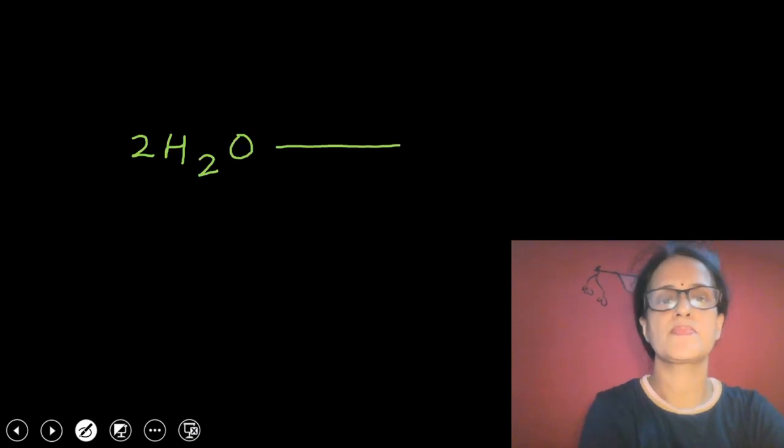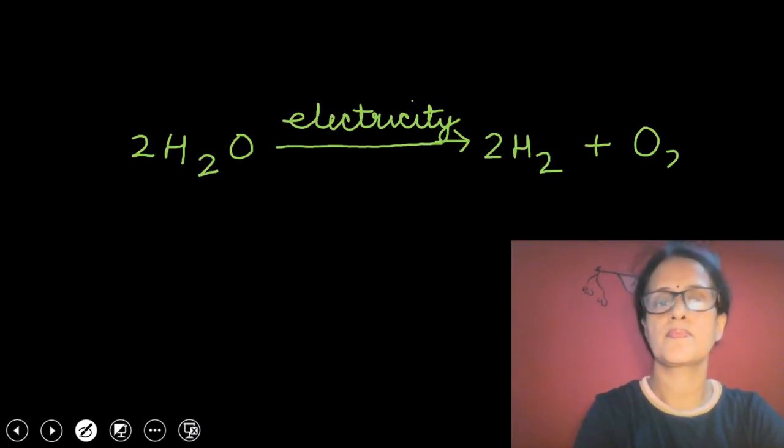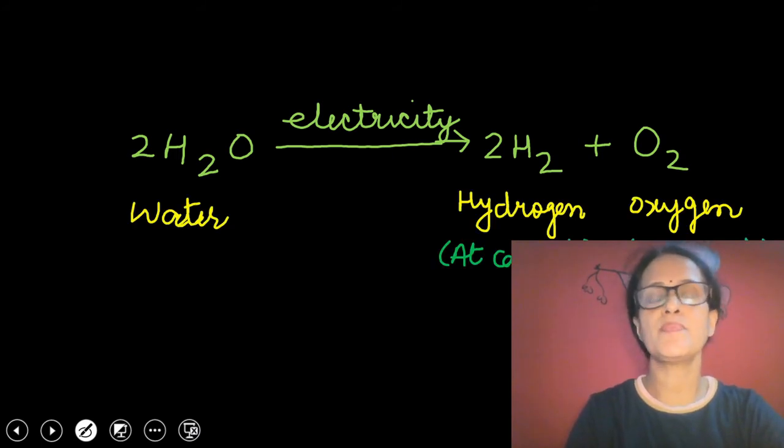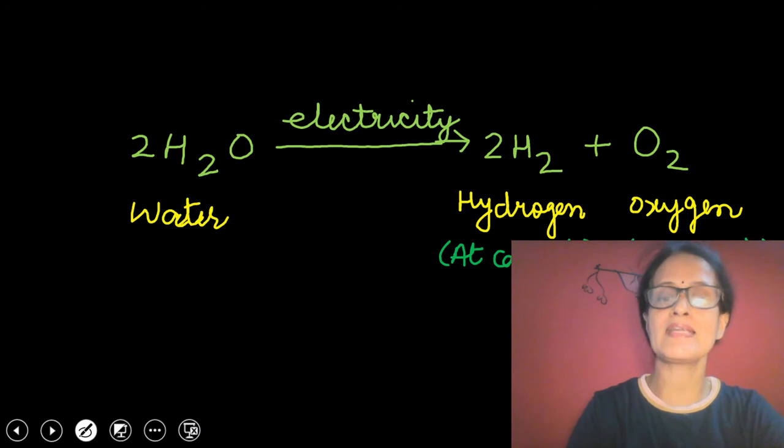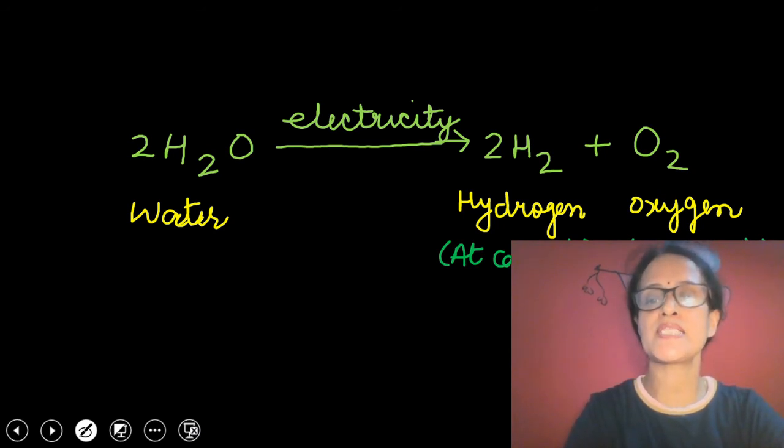During electrolytic decomposition of water, the following reaction takes place. Electrolytic decomposition of water is also called electrolysis of water. During electrolysis of water, hydrogen gas is liberated at the cathode and oxygen gas is liberated at the anode. One more point I would like to mention here. During electrolysis of water, the volume of hydrogen gas which is collected at the cathode is twice the volume of oxygen gas which is collected at the anode. The reason for this is that the ratio of hydrogen and oxygen in water is 2:1.